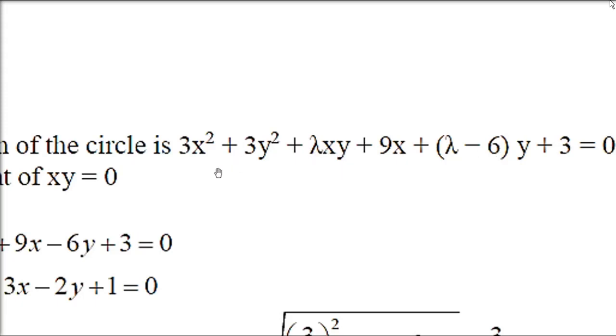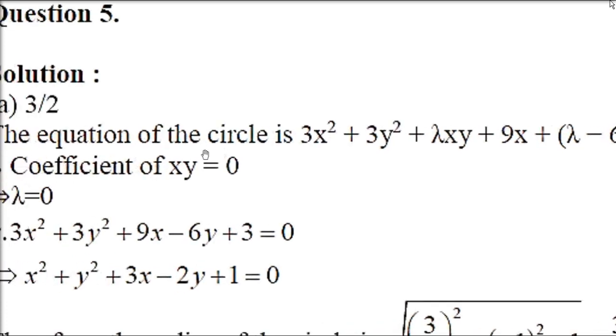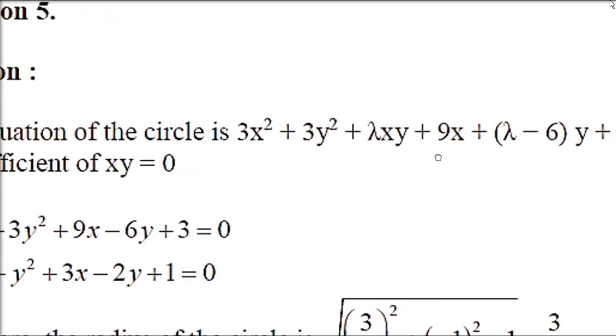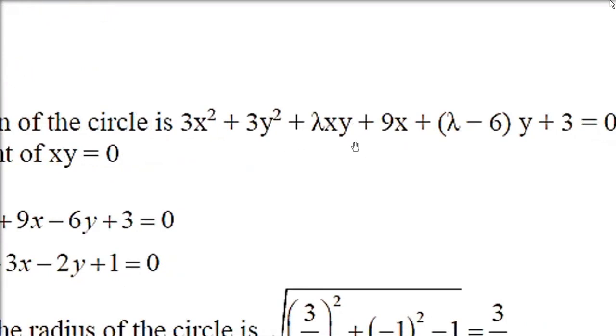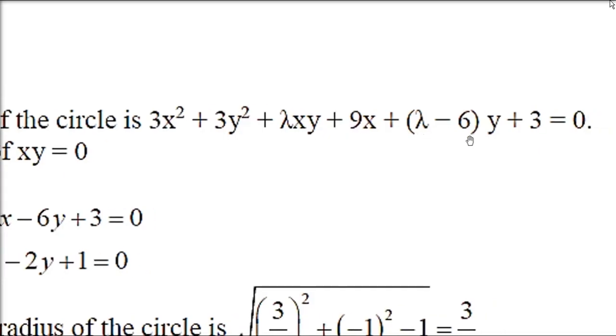One more thing, let me tell you, a lot of students are asking that please write the questions also. That is not possible because this is the R.D. Sharma textbook and there will be a copyright issue. You know, he can say that why you have written the question. His livelihood is only when the people are buying the book. So I cannot do that. You understand? So this is the equation we are talking about.